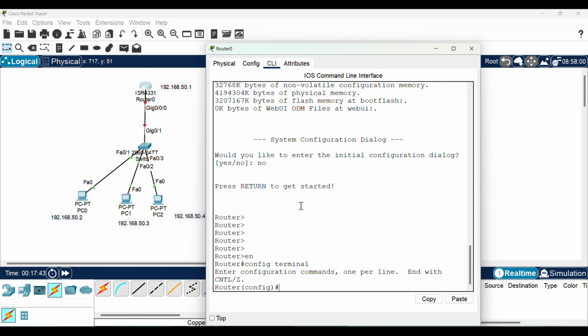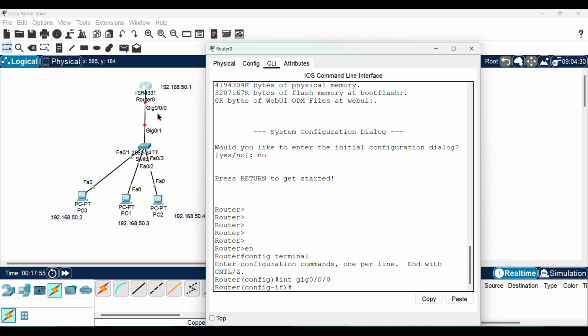Okay, so once we reach configure terminal, we have to enter here gigabit 0/0/0. So we type interface gig 0/0/0. Then we will type the command IP address. We have to just write this IP add. So what will be our IP? Our IP will be